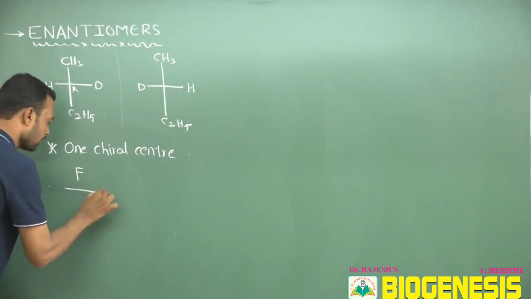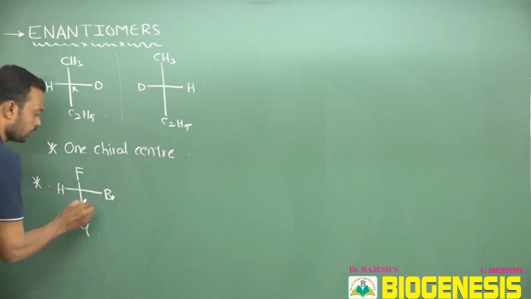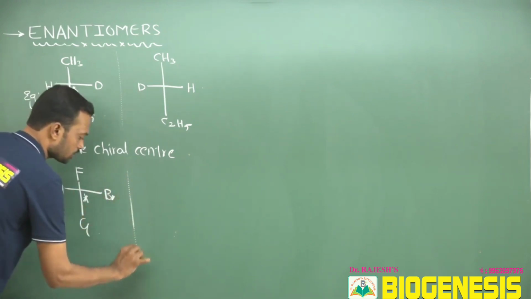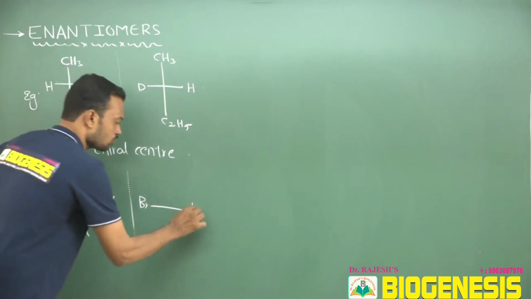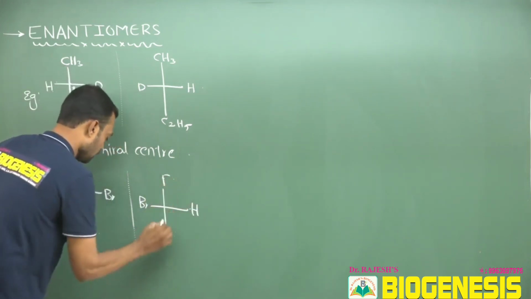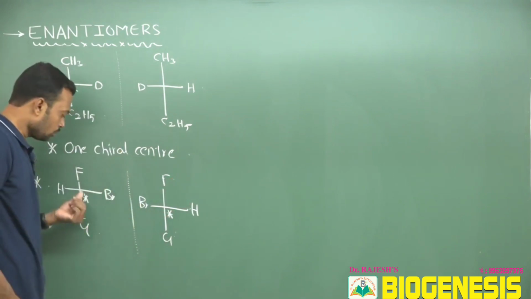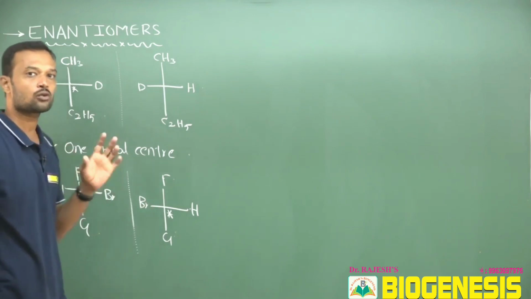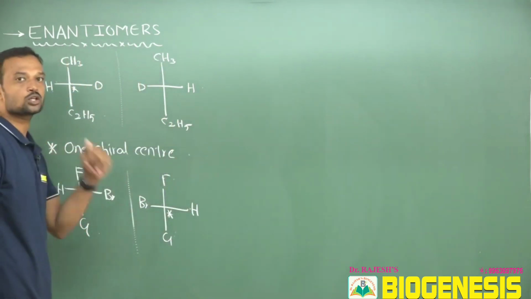I am taking fluorine, next it attaches to bromine, next here hydrogen, and this is chlorine. Does this molecule have one chiral center or not? Yes, it carries one chiral center. How to write the image? Bromine will be written here, then this hydrogen here, fluorine followed by chlorine. So this is its image. The molecule has one chiral center, so the image is enantiomeric in nature. Then how can we confirm that it is an enantiomer or not? You can confirm by checking the configuration.